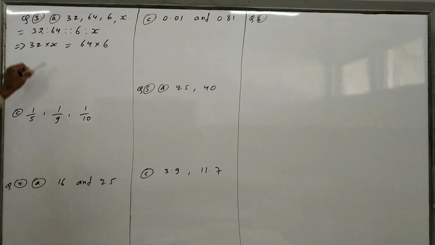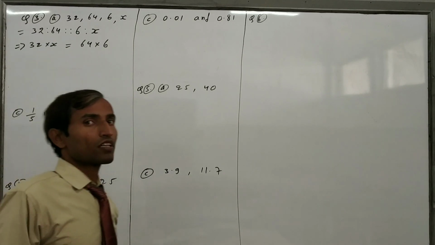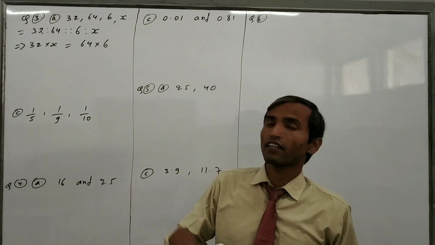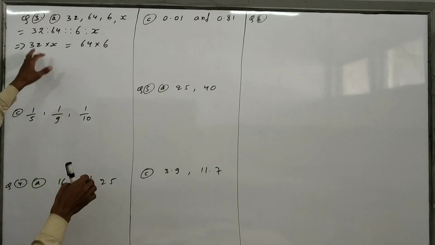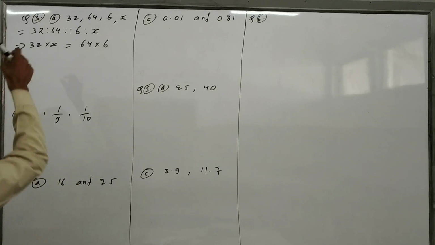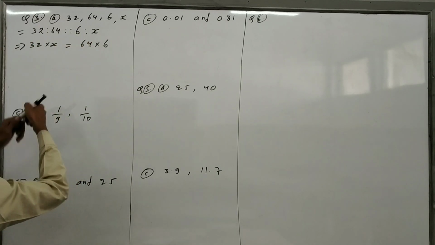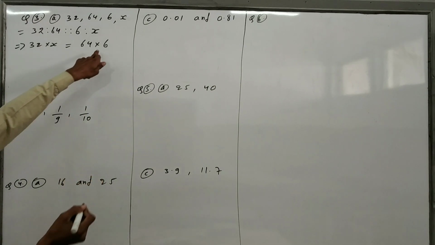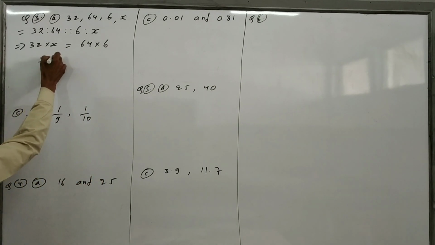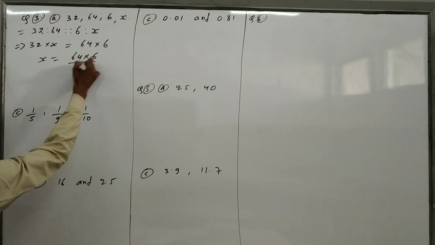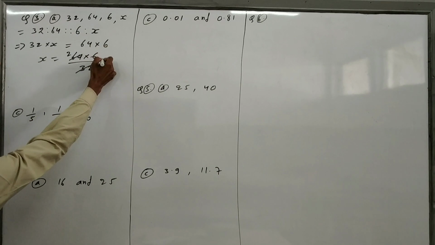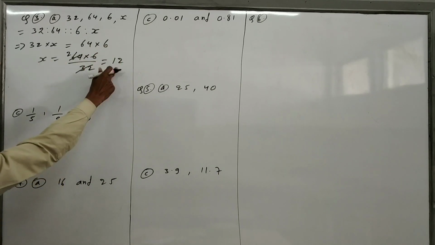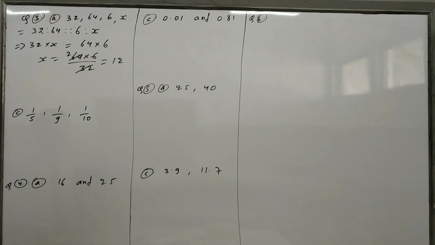This will go to the other side, because a multiply sign is there. We have already solved linear equations, where we find the variable by shifting the coefficient and numbers from one side to the other. Since a multiply sign is there, it will go to that side and come in division. So x is equal to 64 into 6 upon 32. Cancel directly 32 into 64, then multiply 2 into 6, 12 will come. So the value of x is equal to 12. This is the final answer.